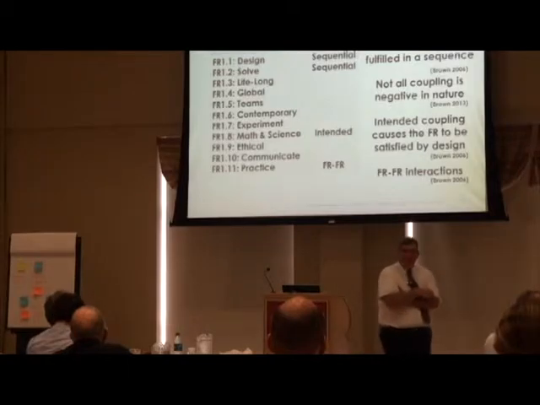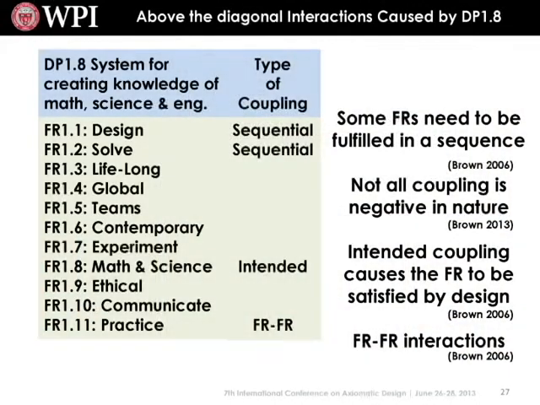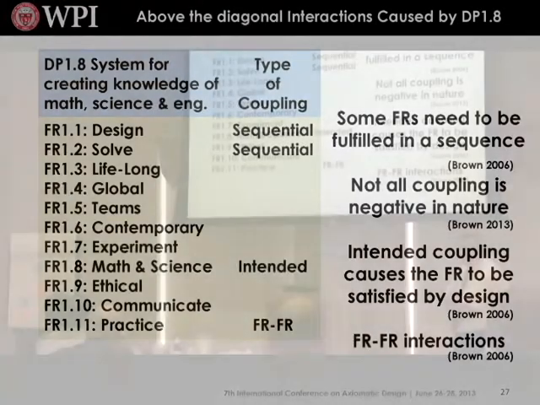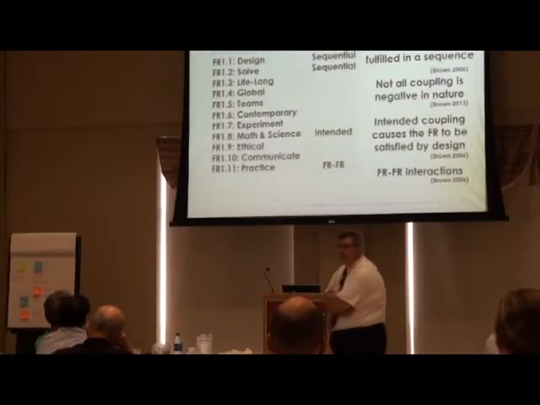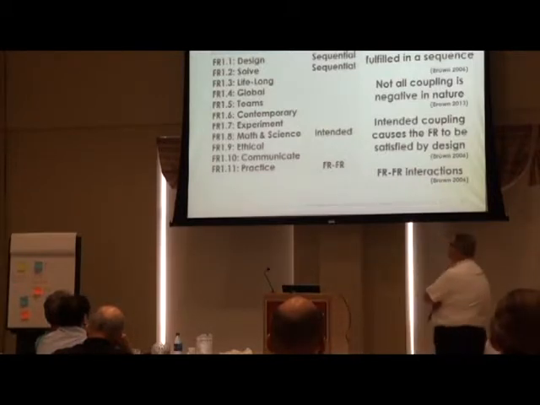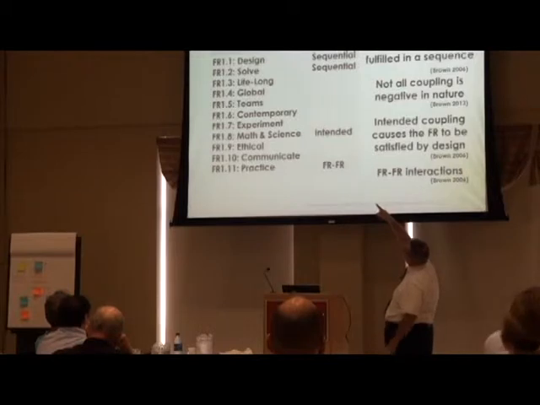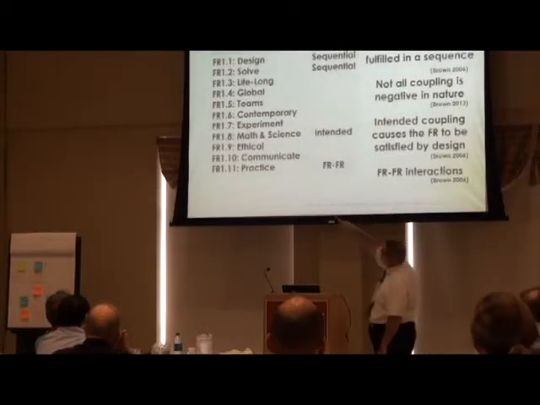So this kind of zooms in on 1.8. I have a design parameter, a system for creating knowledge of math, science, and engineering, which happens to be one of the ABET requirements. And so how does that system interact with the other 11 FRs? So there's actually more than one kind of coupling in our design matrix. Some coupling is intended. So if I look at design parameter 1.8, system for creating knowledge, and I look at function requirement 1.8,